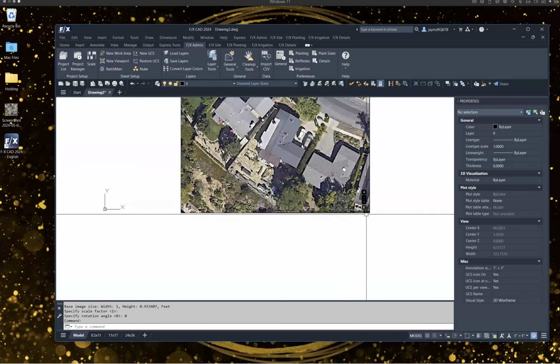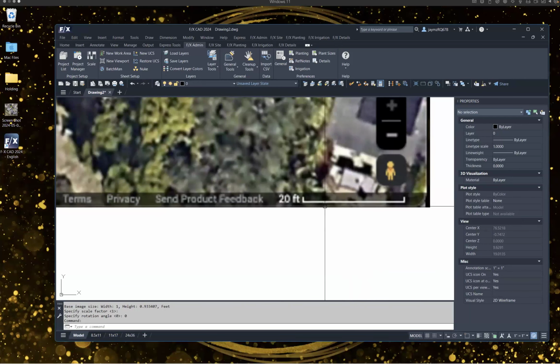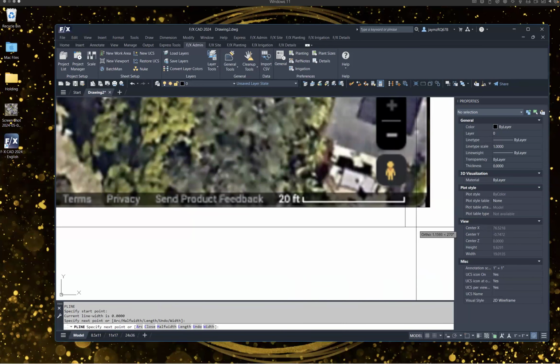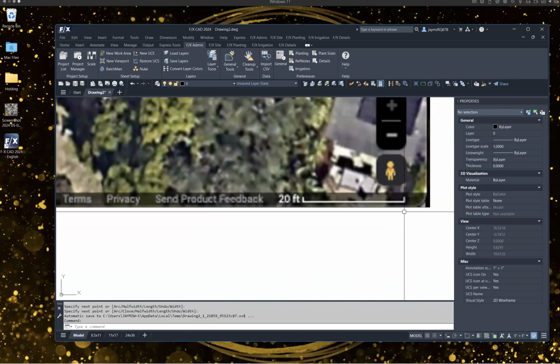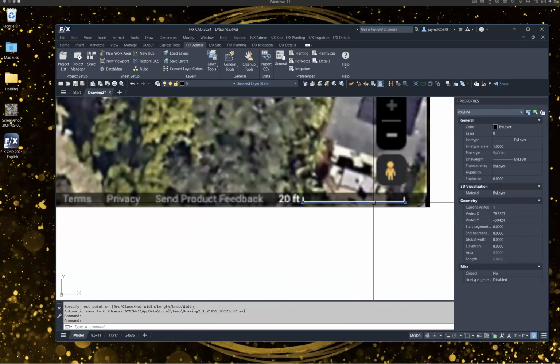And the way that I like to do this is I'm going to trace this with a line, a polyline. So I can type PL and hit enter. And I can click at the first point here on this end. And you can see it's asking me to specify the second point of the line, and I have ortho mode on. I'm going to leave ortho mode on so that I know I'm aligned with the scale here, and I'm just going to go ahead and click to place my second point. So it's in black, but it's there.